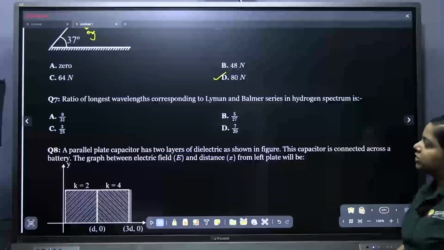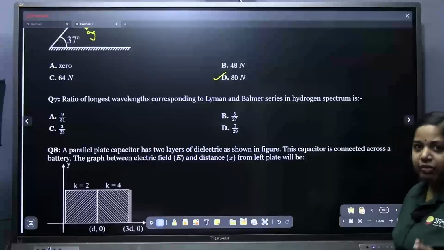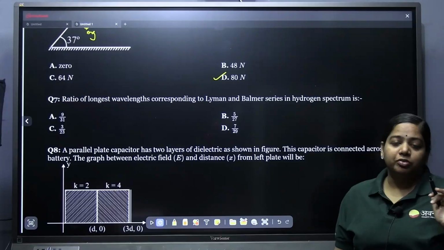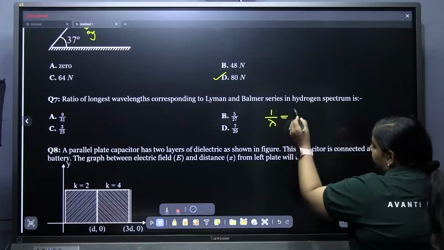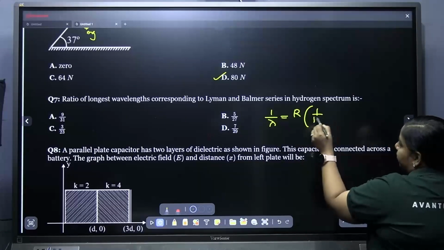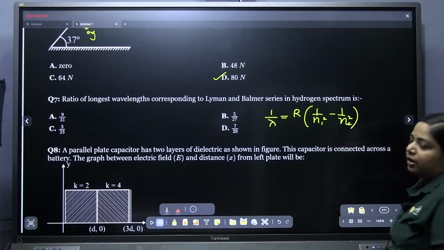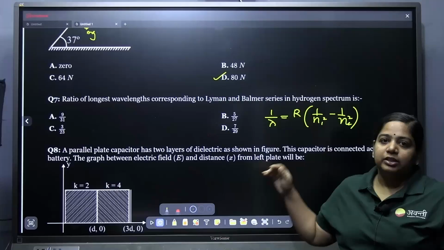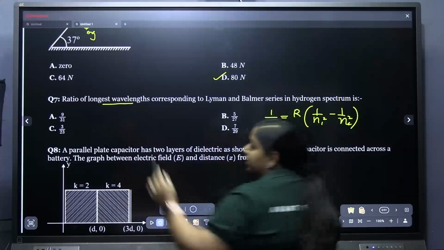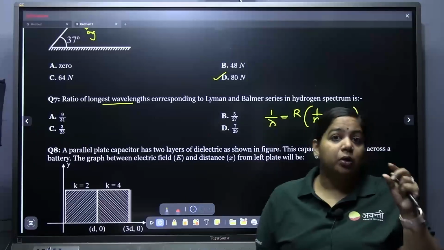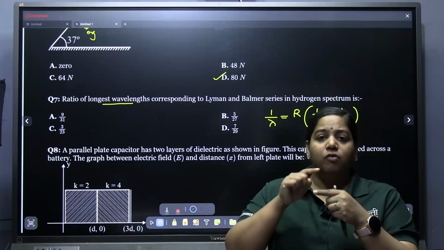Question number 7. Ratio of longest wavelengths corresponding to Lyman-Balmer series. There is only one formula for finding wavelength of atomic spectra. That equation is 1 by lambda equal to R into 1 by N1 square minus 1 by N2 square. This is the only formula there is. So you have to find longest wavelength. Longest wavelength means shortest frequency, means minimum energy. Minimum energy will be from one